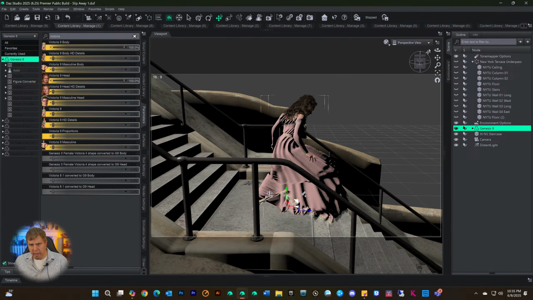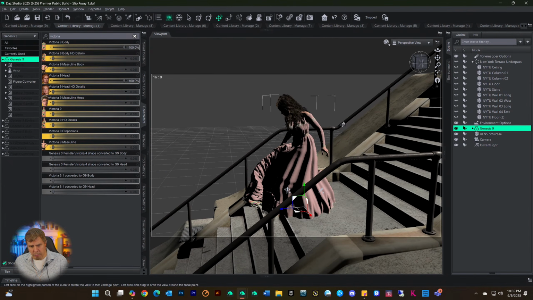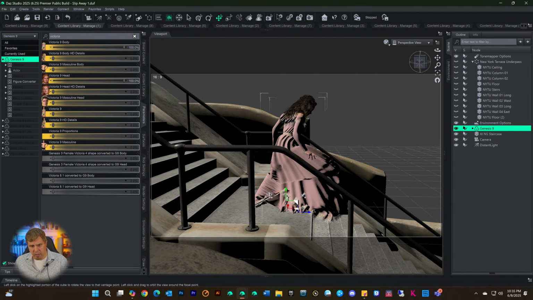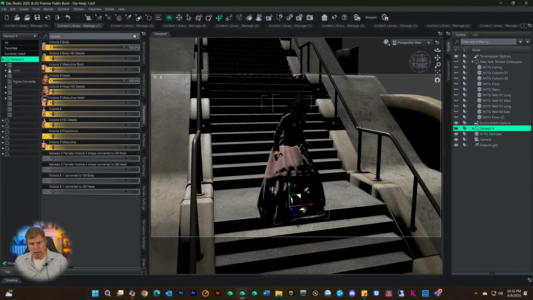But as you can see, her dress is cracked. It's cracked. It's about ready to break. Okay, see, from a distance it looked okay, but from here it looks horrible. Horrible. All right, so what we're going to do